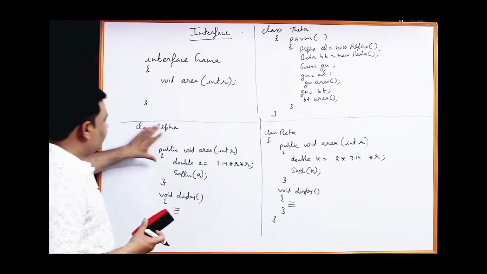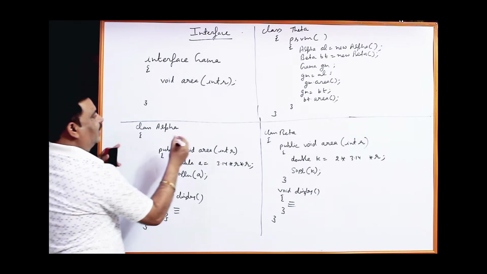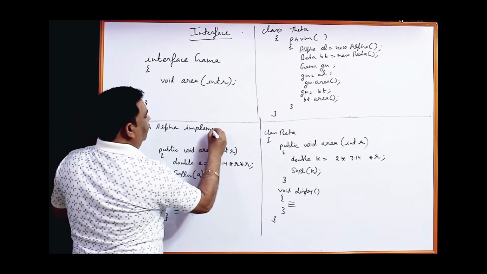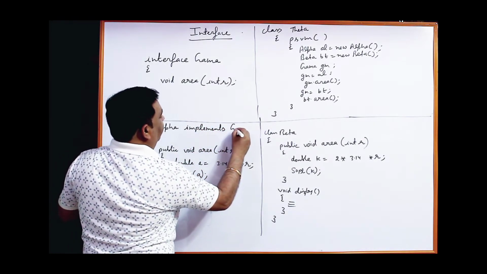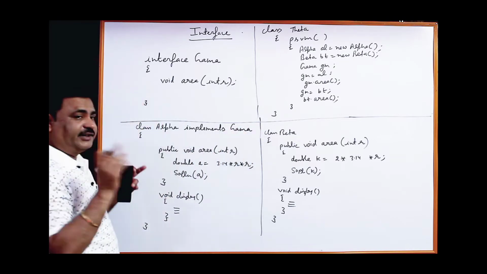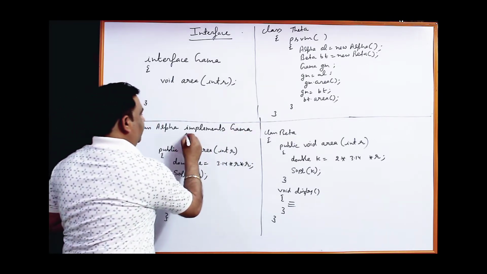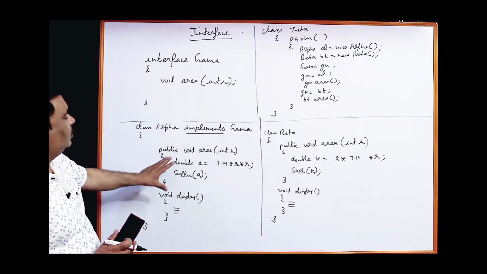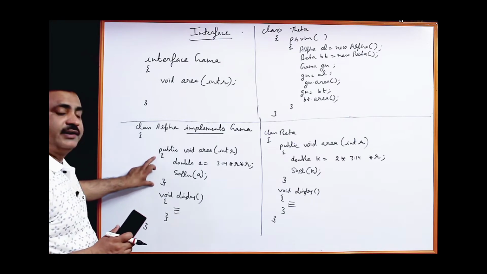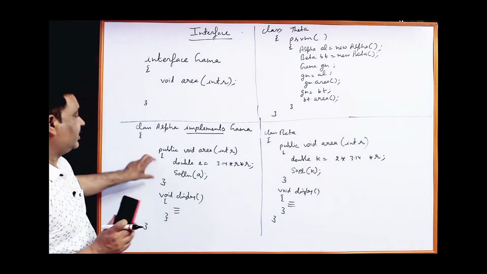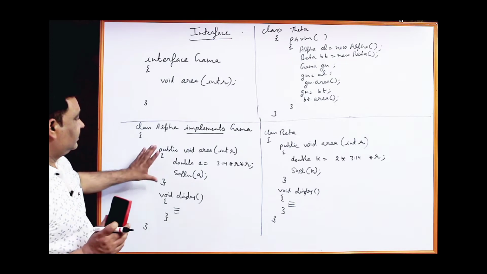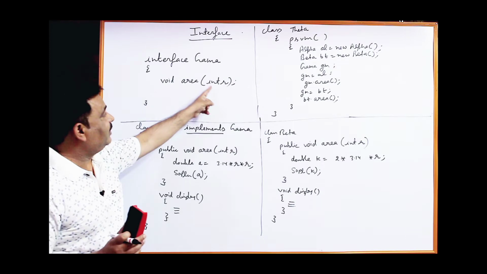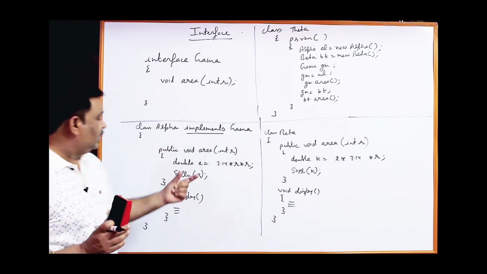Now one class is alpha. In class alpha you write implements. One more keyword is there: implements gamma. So instead of extends, you have to use the keyword implements. Implements gamma. Now you are bound to define the area function here. It must be public, with the same function name. Only the variable name can be changed, but the parameter data type must be the same. And then you can do the coding.